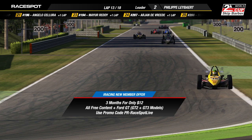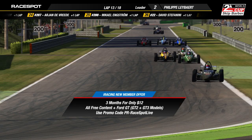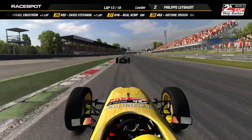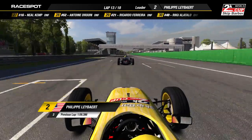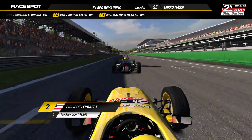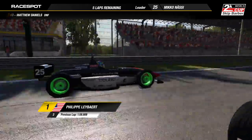It's a great car, that Ford GT3, but also Mercedes having joined that. But now this isn't the time to talk about tin cars, as we are exiting Parabolica now, and Felipe Leibert has only 1 car in front of him. Those are the lime green rimmed cars of that Skip Barber car and of Miko Nasi. We'll have to see. I almost wonder, I don't know if they'll have enough room by the line. Oh, that is going to be